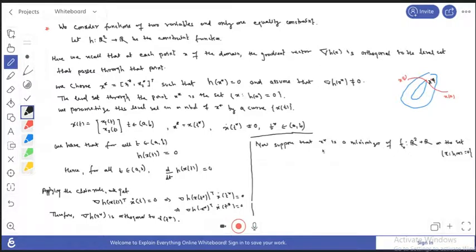Okay. So suppose your problem is to minimize f naught x subject to the constraint h(x) equals 0. So this is your problem. Okay. So now you have to find that x star is your optimum solution. That means this is your minimizer of your objective function. Okay. So here, if we take the composite function